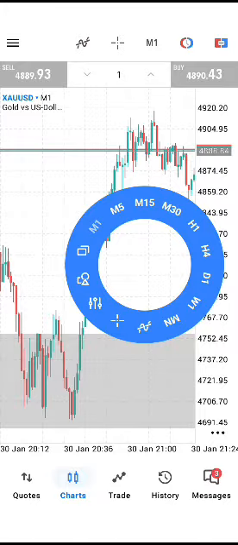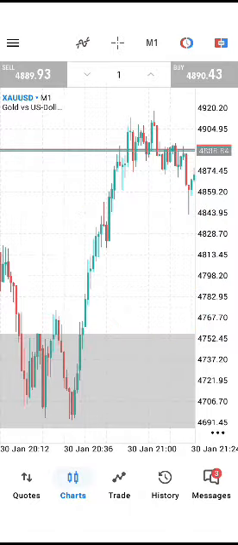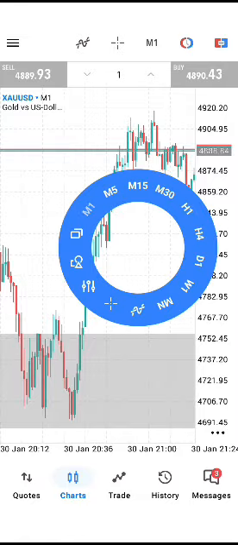H4 means 4 hour, H1 means 1 hour, M30 means 30 minutes, M15 means 15 minutes, M5 means 5 minutes, and M1 means 1 minute. Before you use the smaller time frames, 1 minute, 5 minutes, 15 minutes, for entry,